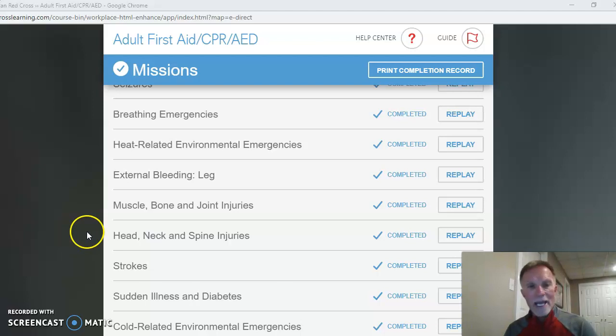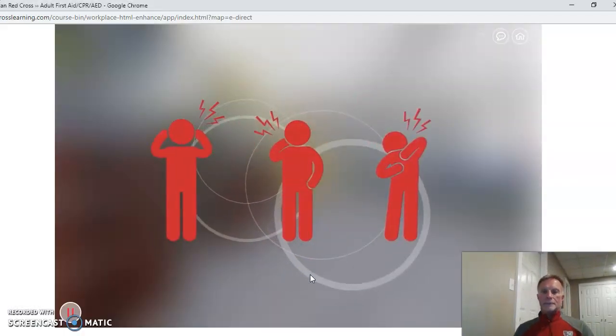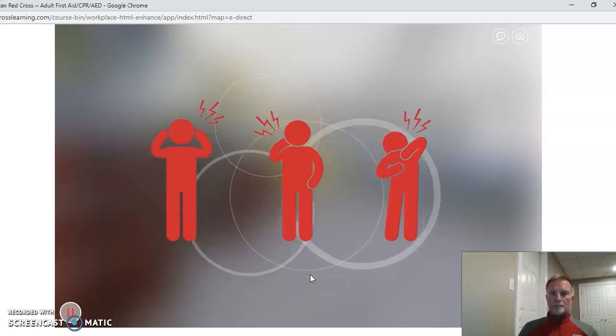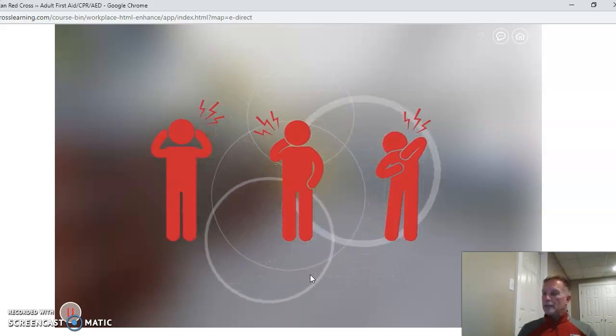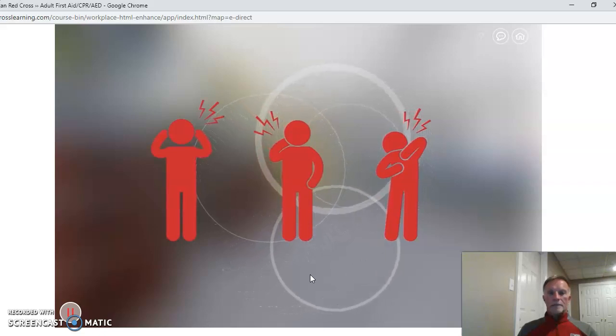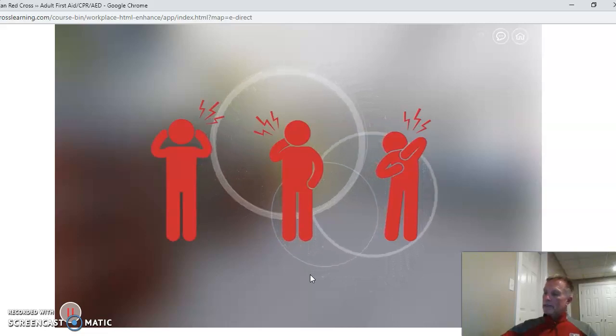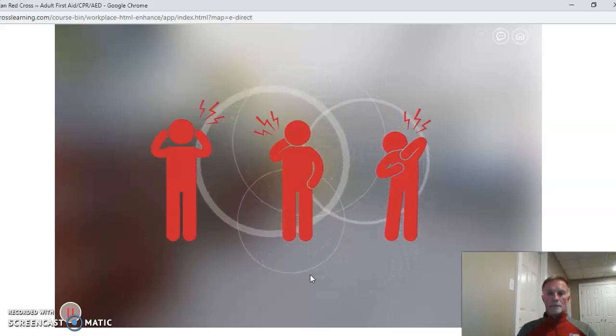So we're looking next at head, neck, and spine injuries. While head, neck, and spinal injuries make up only a fraction of all injuries, they can cause some serious problems, like speech or memory problems or paralysis. In some cases, they can even be life-threatening. In order to care for someone with this type of injury, you have to first be able to recognize the